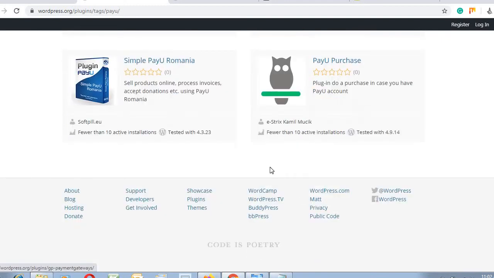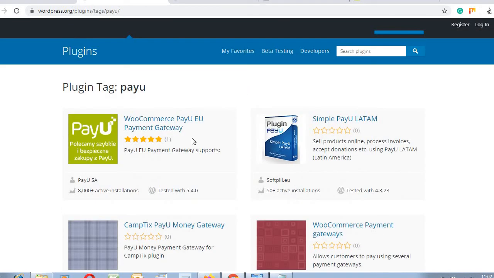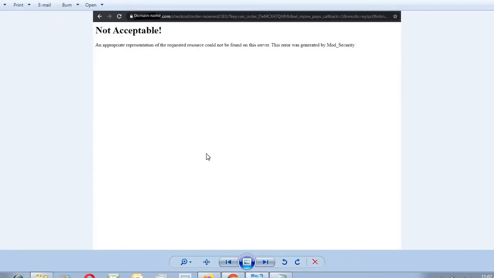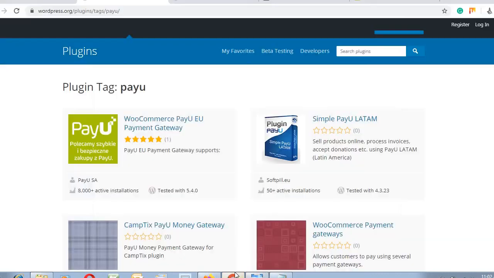There are a lot of third-party partners. If you are using third-party partner plugins, the error will come. So keep it in mind, the mod security error will occur due to the usage of third-party partner payment gateway plugins. Sometimes it does not happen, then it is okay, you can use the same plugin easily.